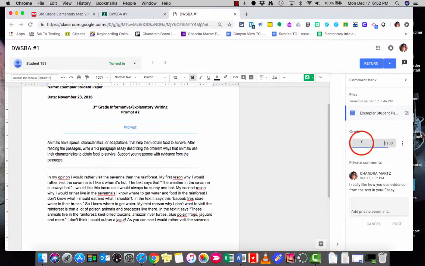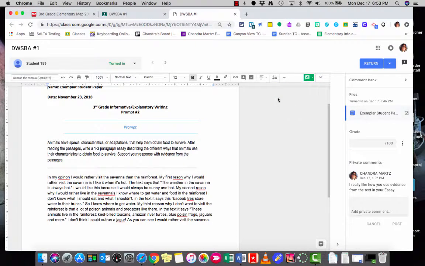Okay, another thing that we can do to provide feedback would be a grade. Knowing that not necessarily are we providing grades so much as the text feedback that we're trying to give. Okay, so besides private comments, another way to do that is to change it right up here from editing mode